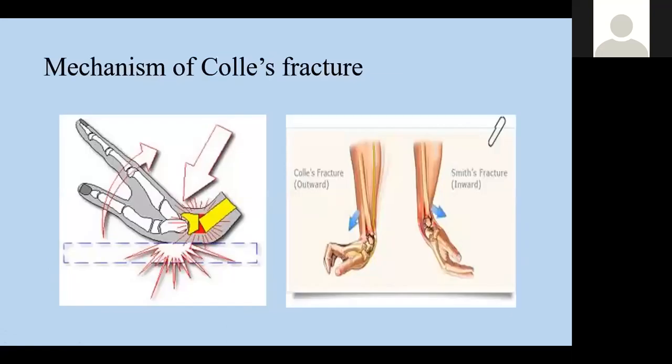You can see the injury. There is another similar fracture that occurs in the wrist, and if the displacement is on the ventral side, then it has another name, the Smith fracture. Usually, in vague terms, if any person receives an injury in the wrist joint, it is called a Colles' fracture. But precisely, if there is dorsal displacement of the distal fragment, then it is correctly called the Colles' fracture. If it is ventral displacement of the distal fragment, then it is called the Smith fracture.